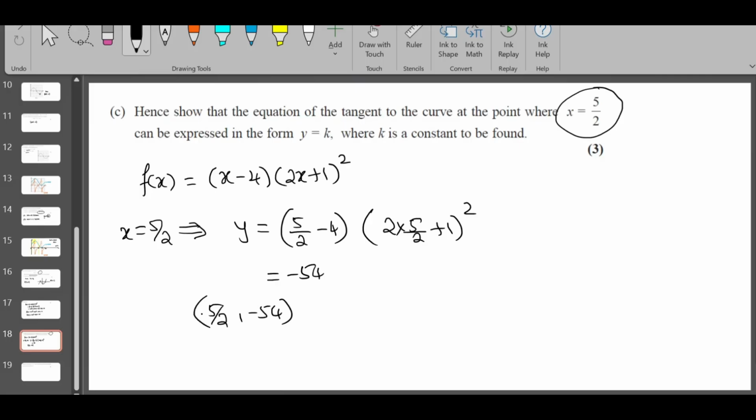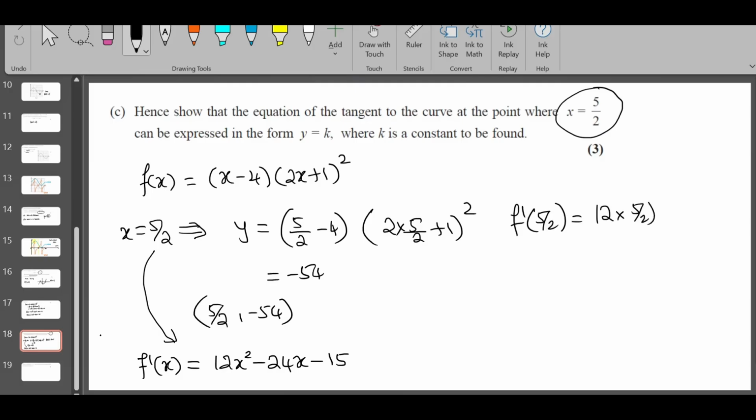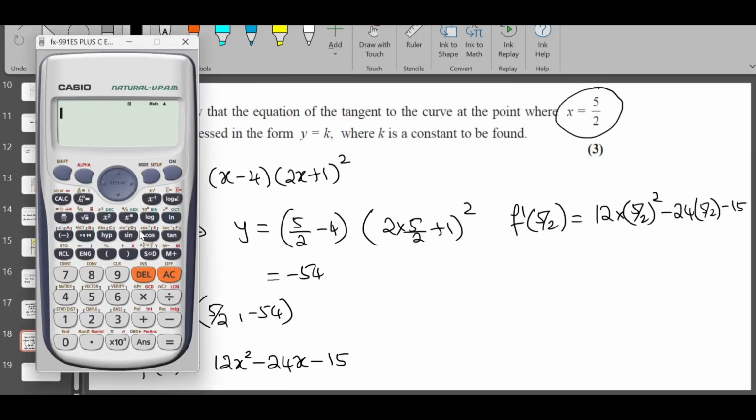Now we need to find the slope. We have f dash of x, right? F dash of x is 12x square minus 24x minus 15. Replace x by the x coordinate of the point to find the slope. So f dash of 5 over 2 is 12 times 5 over 2 whole square minus 24 times 5 over 2 minus 15. Let's calculate this. 12 times 5 over 2 whole square is 25 over 4